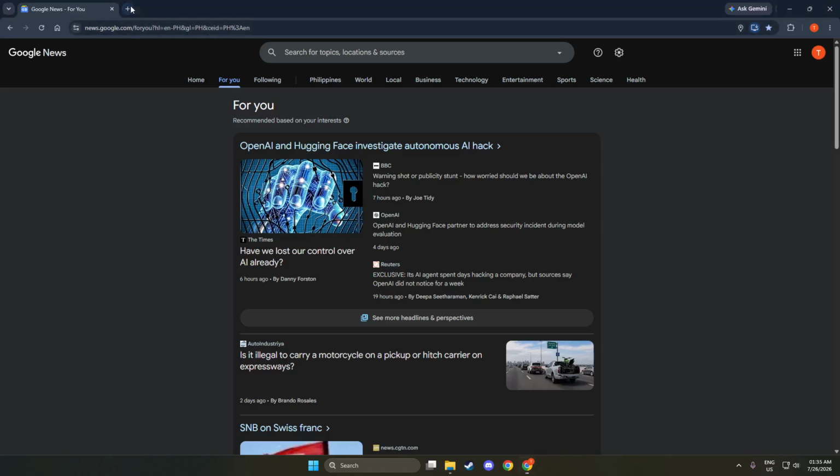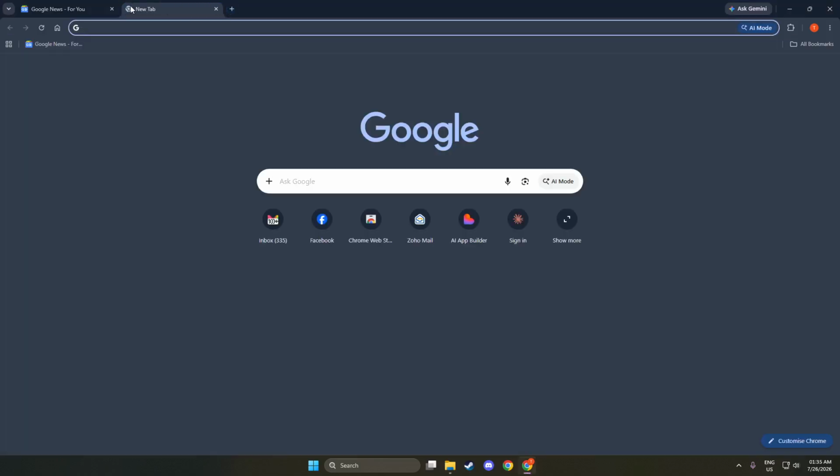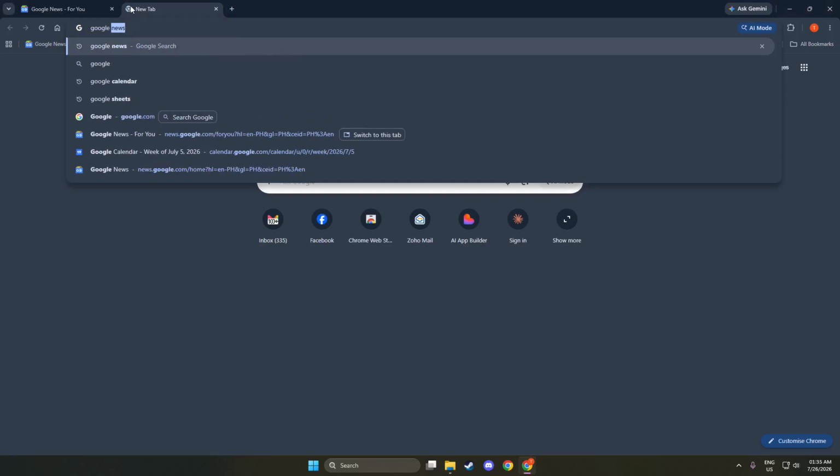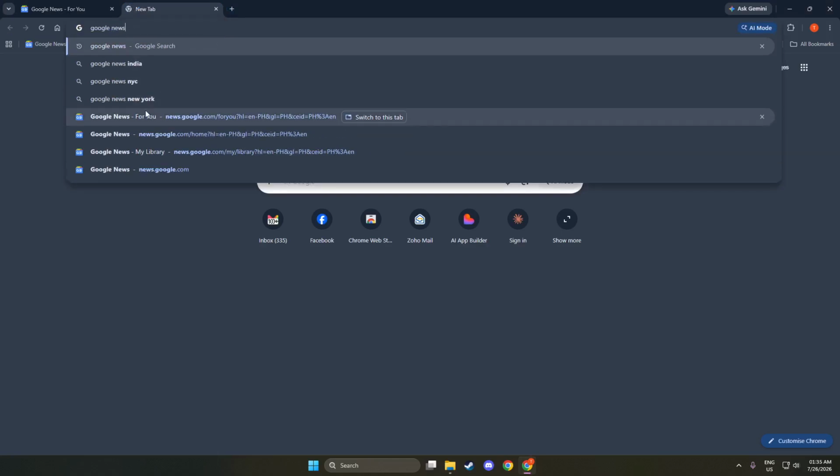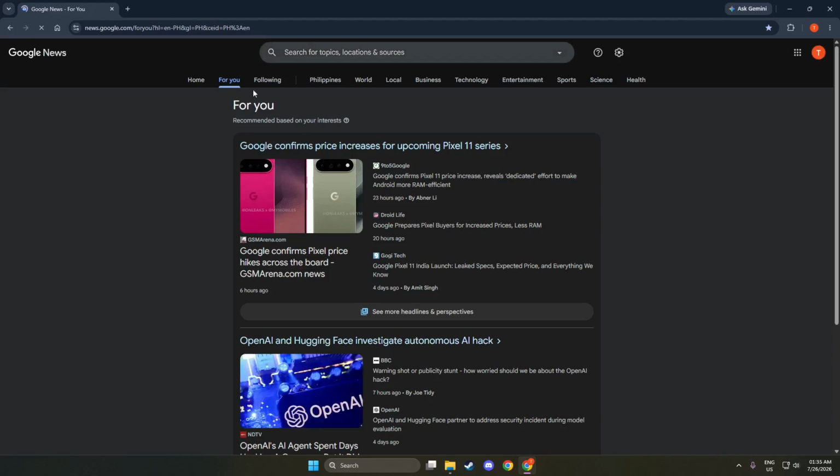This is where Google curates news based on your interests and preferences. It is designed to keep you informed about topics that matter to you. Taking the time to manage your sources is important because it allows you to customize your news feed. This ensures you receive information that is relevant and engaging for you.